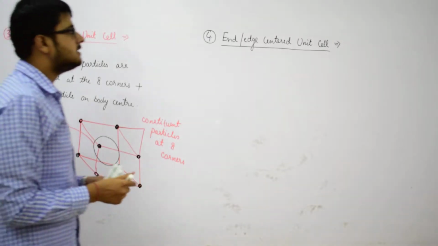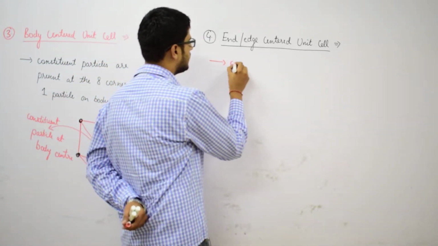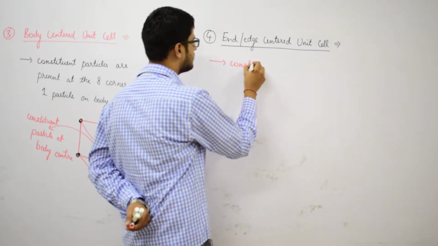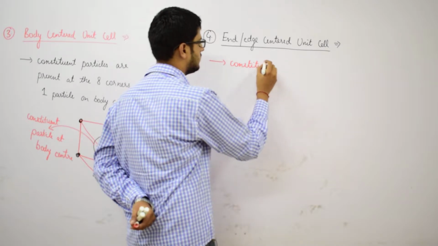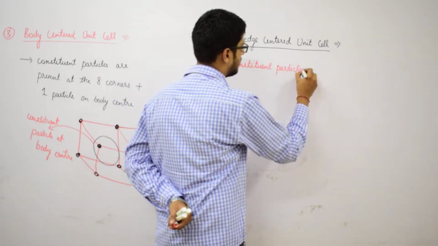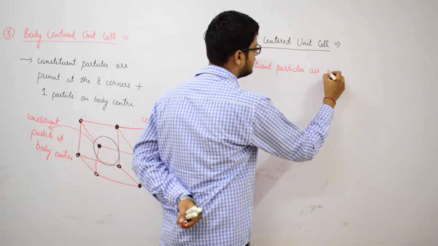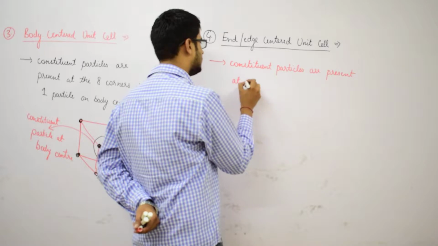So, in case of end centered or edge centered unit cell, the constituent particles are present at the 8 corners